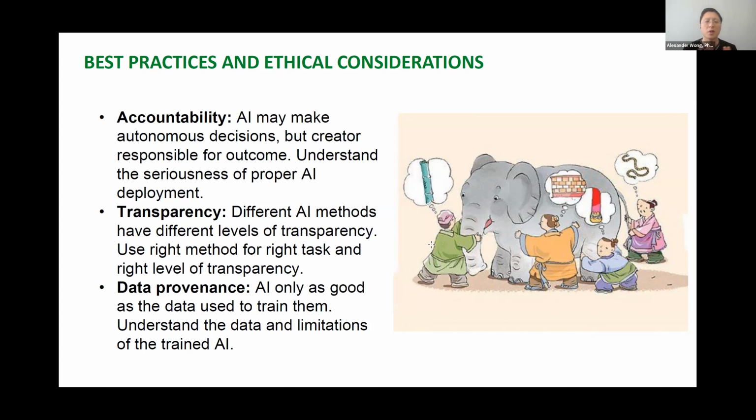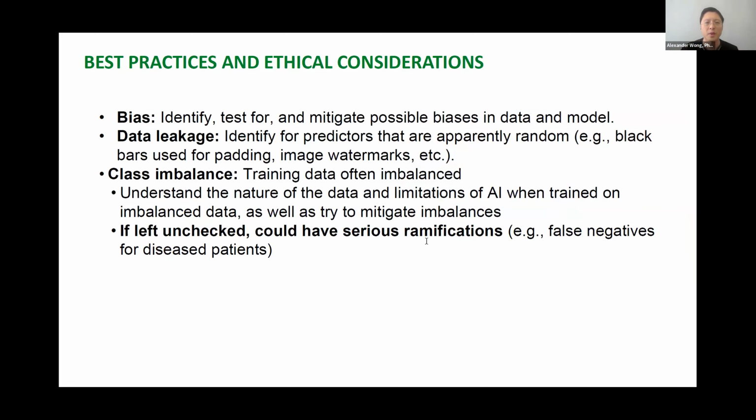Understanding what level of explainability you could get out of it becomes important for really understanding the systems that you build. Data provenance becomes important. As I mentioned, AI is only as good as the data used to train it. So really understand the data and the limitations of the trained model. You have no idea how many situations there are where I talk to individuals who built the entire AI by never looking at data, but looking at the performance metrics. The performance metrics, a scalar number, will only tell you so much as to how your AI is actually behaving. In many cases, very little.